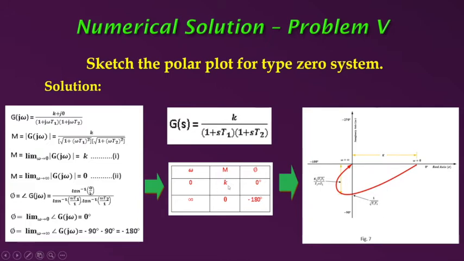Well, the starting point: magnitude is K, and this is on the 0 degree axis. So from 0 to minus 180. That means when omega is increased, the magnitude also decreases, but the phase angle crosses minus 90, then finishes at minus 180 and magnitude is 0. Then find the crossing point, and what is the magnitude?